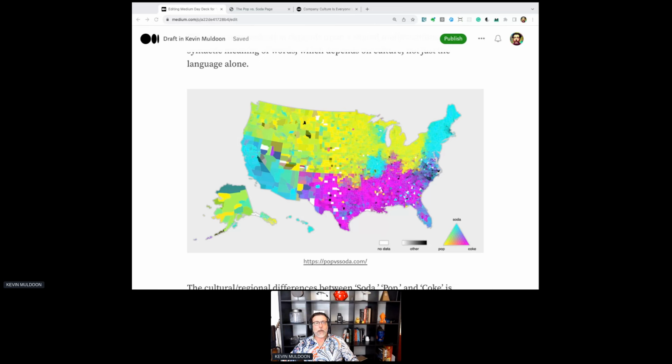So hopefully if you see all of that, over here in the South, that's exactly where Cokes are the generic term. Over here in the Northeast and even the West Coast, you will see more of a soda. And up here on the top, that's a pop. I can't even say that word without laughing, but that is what that is. So getting back over here,